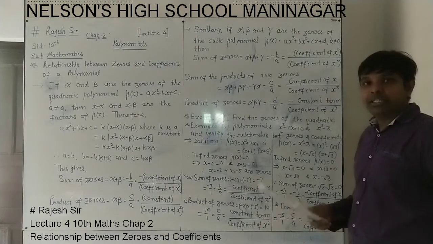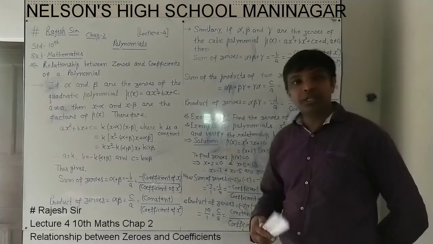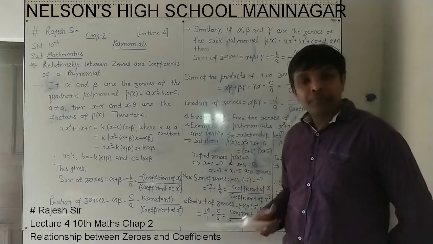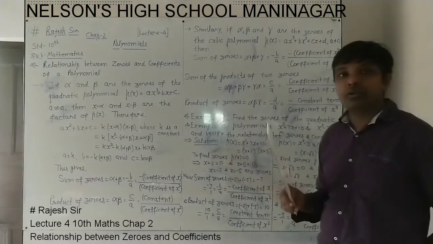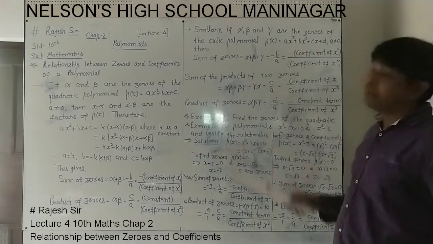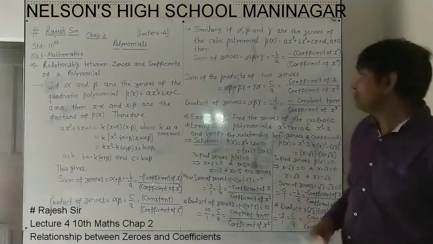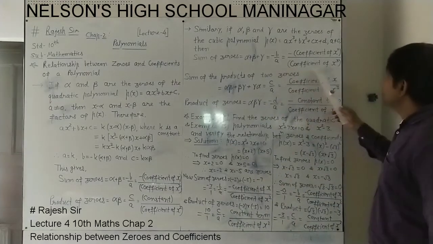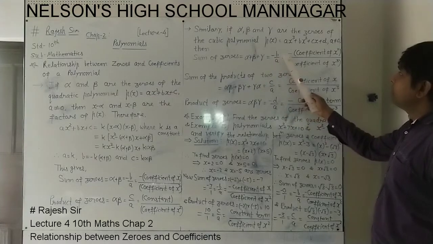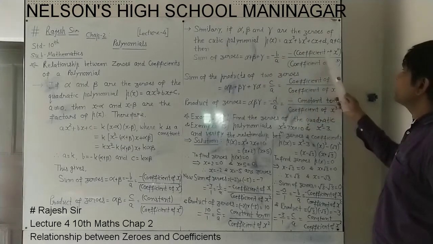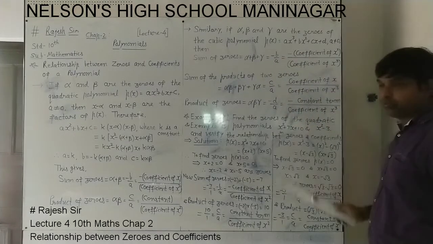So as per linear, quadratic or cubic, we have to understand what is a. In linear we will say the coefficient of x. In quadratic we will say the coefficient of x square. In cubic we will say it is the coefficient of x cube. So here it is the coefficient of x cube. The sum of zeros alpha plus beta plus gamma equals minus b upon a, where minus is as it is, b is the coefficient of x square upon the coefficient of x cube.